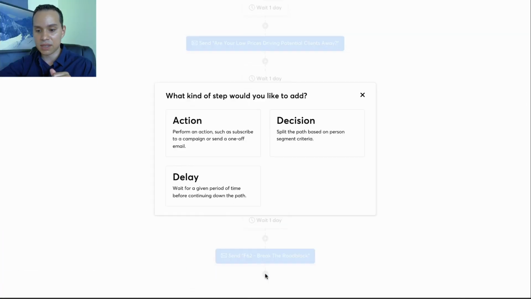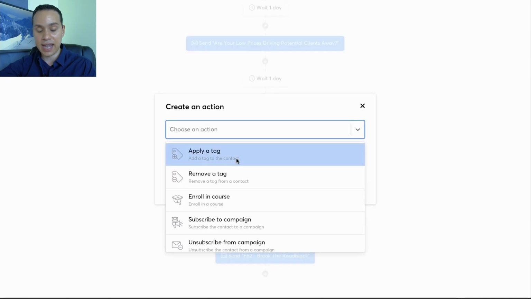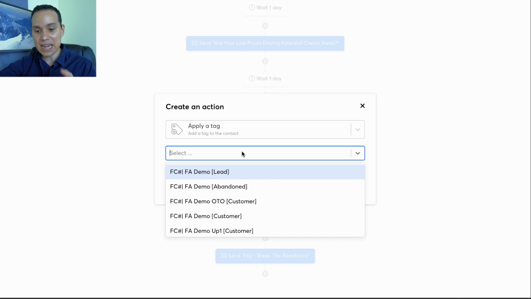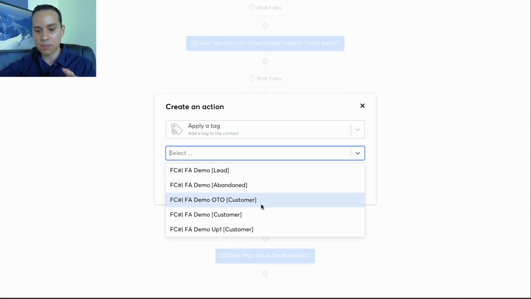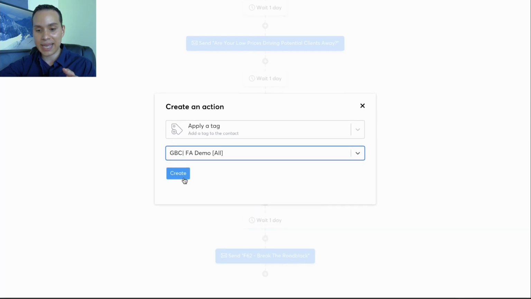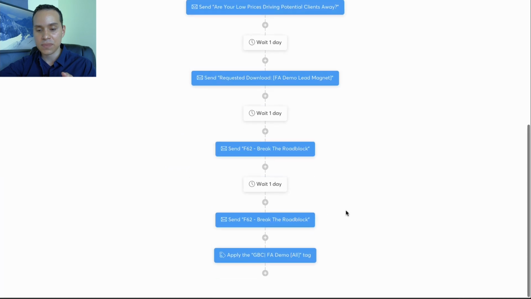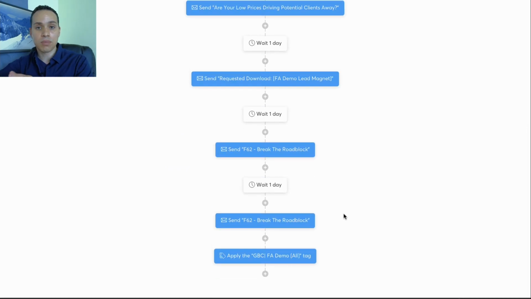So we'll go ahead and click on the blue plus button here, and we will add an action and apply a tag. So this is what's going to happen at the end of our sequence. We want to apply the general broadcast tag. And so we click on create. So this way, when we're sending out our broadcast emails, we just click the broadcast tag, and everyone who's on our broadcast list